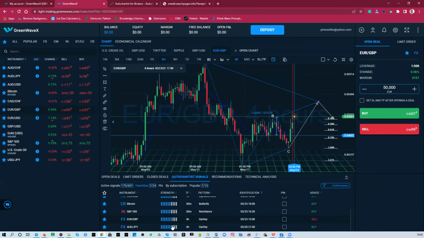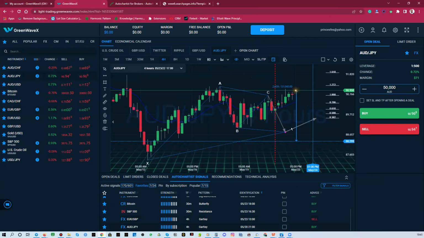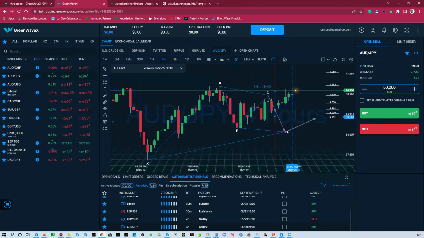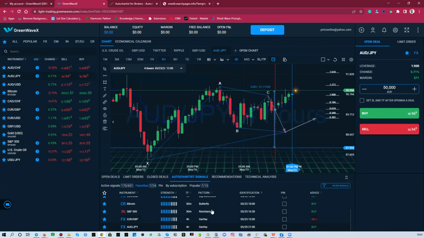All right. Let's look at another one. This is Aussie Japanese yen, another harmonic pattern, a Gartley pattern. So it's better to end here. But it seems that price is invalidating the pattern around it, so you have to repaint it. But don't worry, I know you don't understand all this. We're going to talk about them later. I'm just trying to show you that